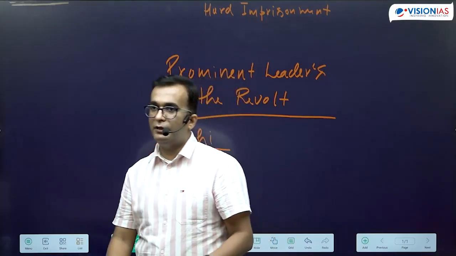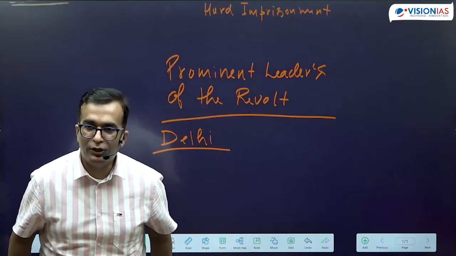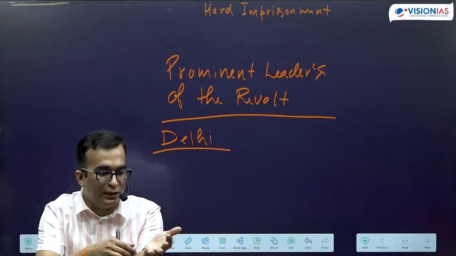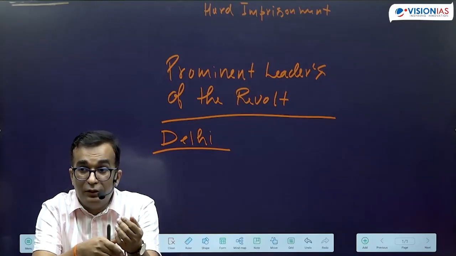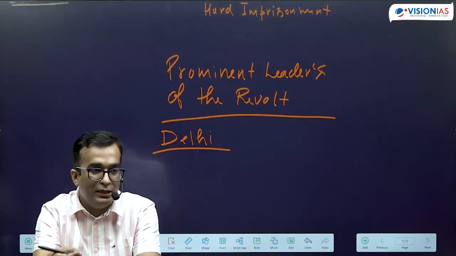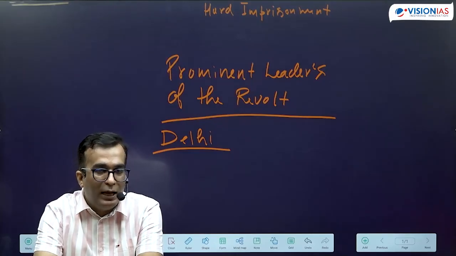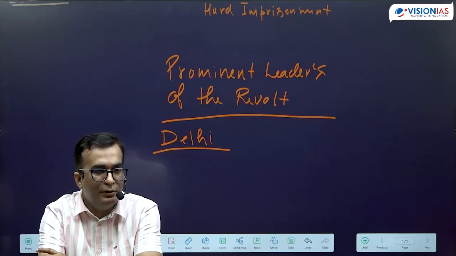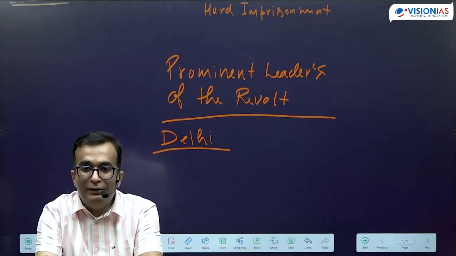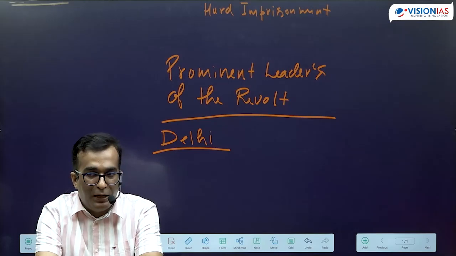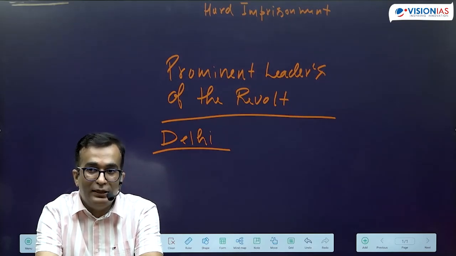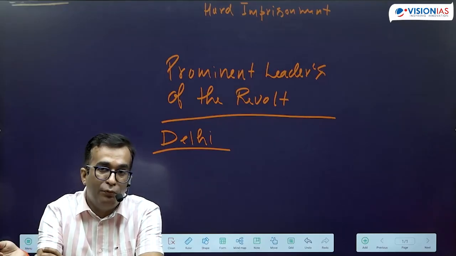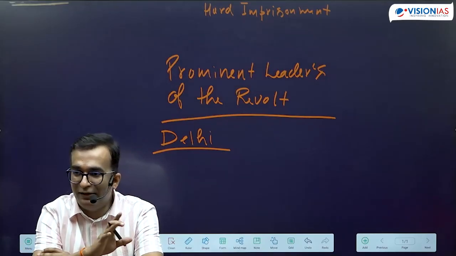So first of all, in Delhi, as we all know, Bahadur Shah Zafar was declared as the leader of the entire mutiny. But we already know that he was old when he was on the Mughal throne, and he could not fight himself. But he provided his leadership. So symbolic leadership in Delhi was in the hand of Bahadur Shah, but the real leadership was in the hand of General Bakht Khan, who brought his troops from Bareilly for fighting.